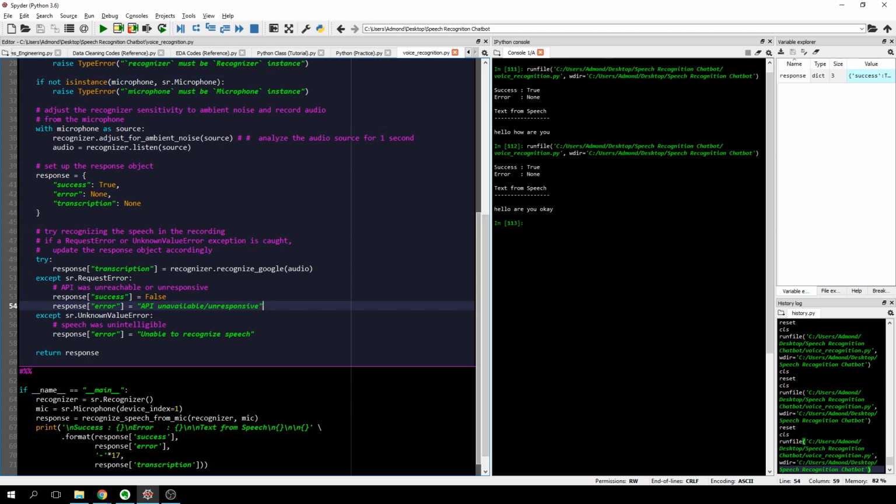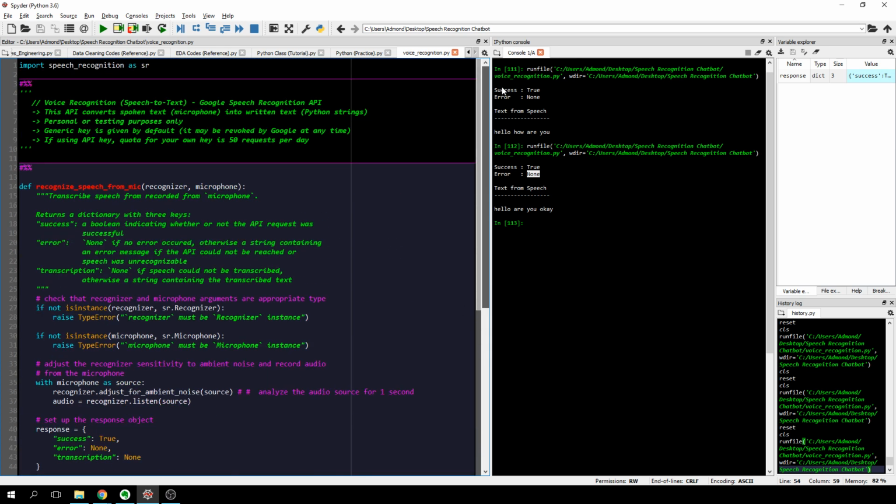Alright, so this success here means whether the speech recognition is successful or not. True means success, false means it's not successful. If this is false, it means the speech recognition is unsuccessful, and this will output the error that we use here to capture any errors that we may expect. Imagine that we say something unrecognizable and the algorithm is unable to output any text based on our speech. You will see None here, that means the word None. So let's try something like